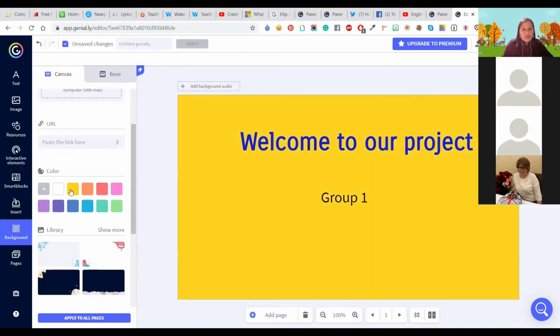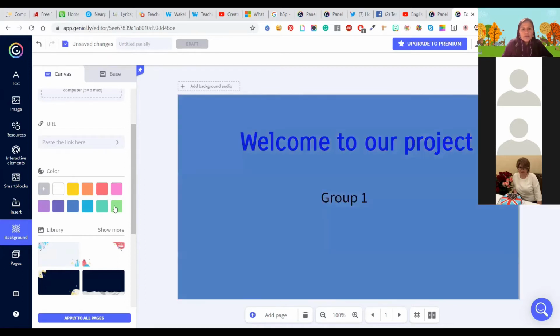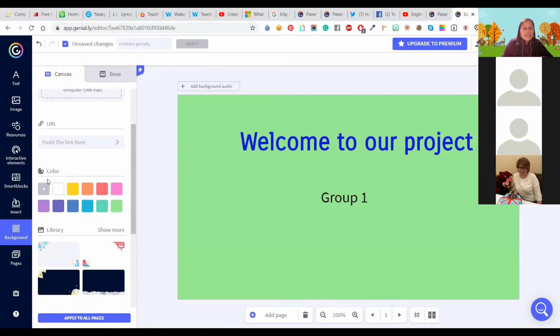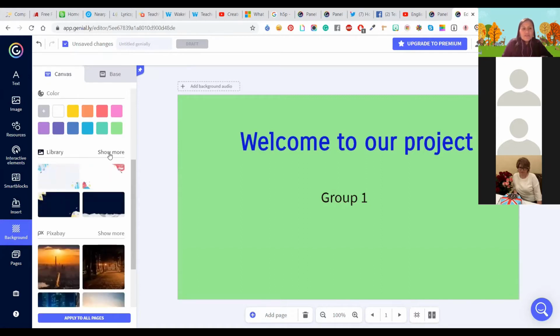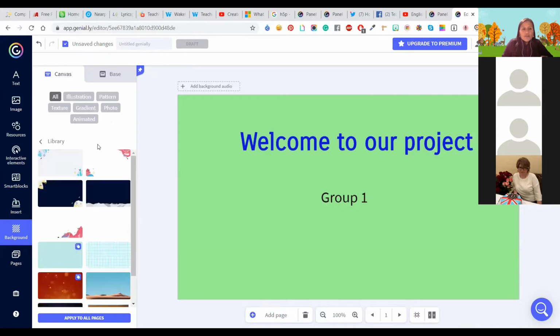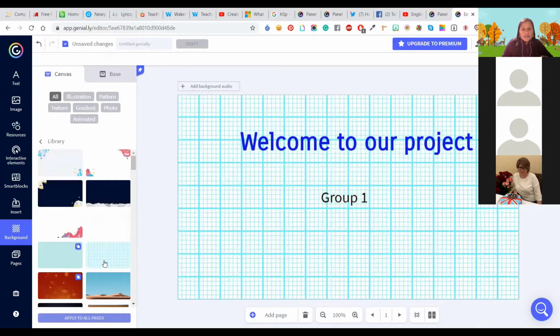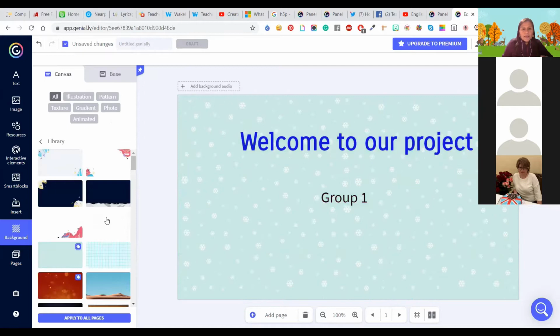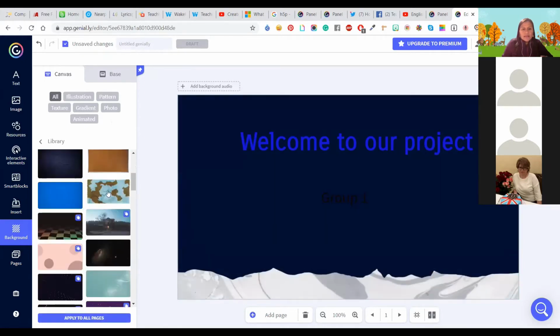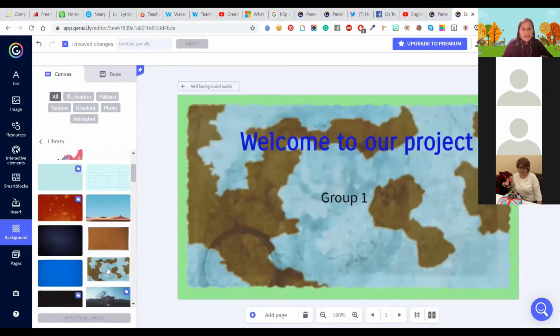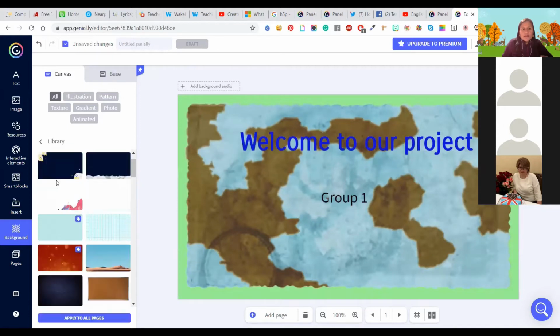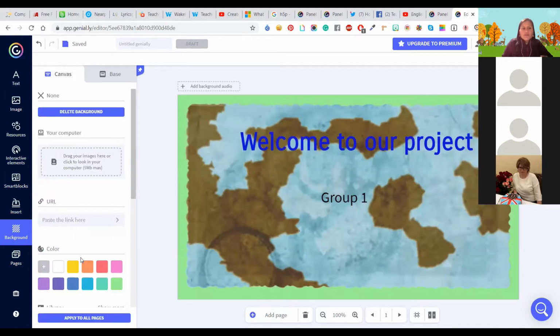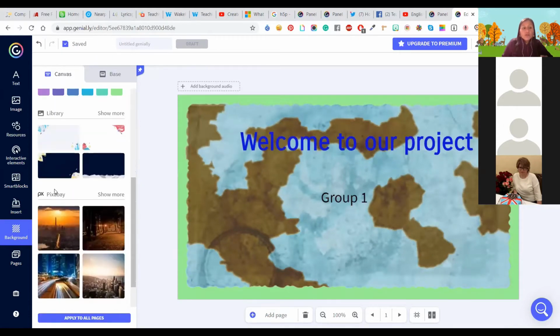You can choose a color, yellow, orange, black, blue, green. You say, I don't want colors. I want something better. Okay, you have a library of different backgrounds. Look, like a notebook, maybe black, maybe like a map. You decide, okay? You have a mini library for free. And also here,